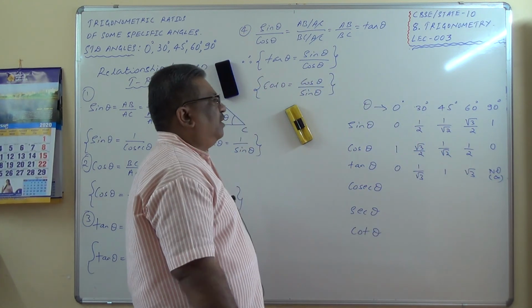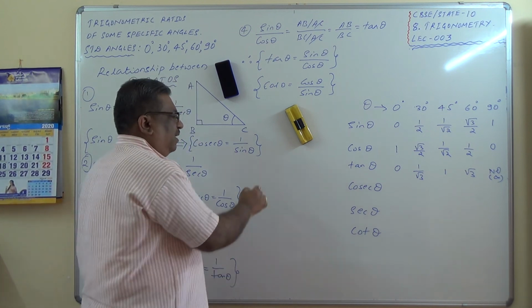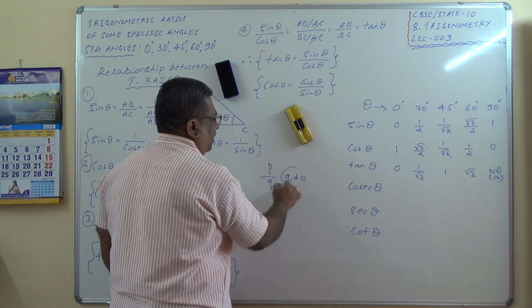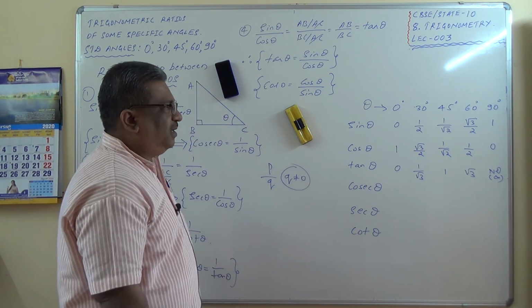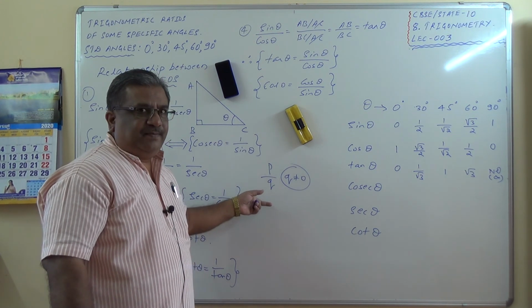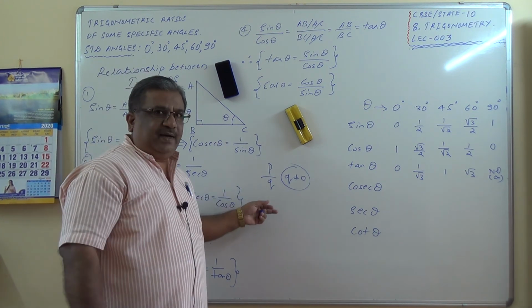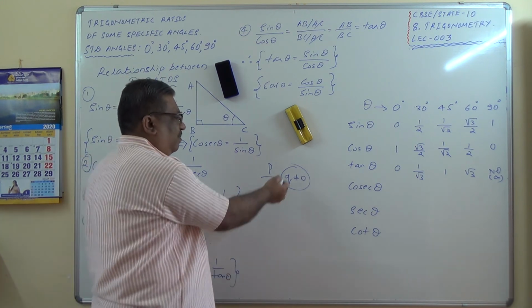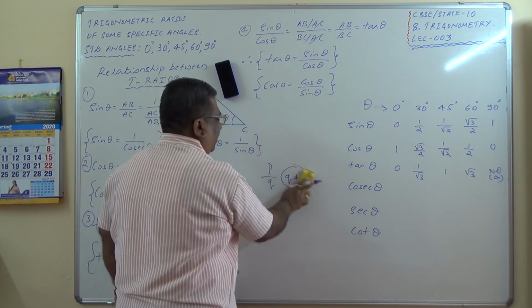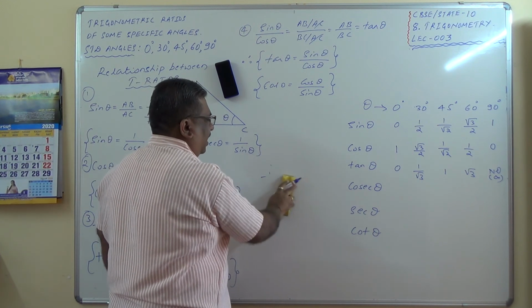How to remember: the denominator should not be 0. A rational number is represented by p by q, where q should not be equal to 0. The very purpose of q being not equal to 0 is to ensure that the given rational number is defined. Otherwise this will become not defined, or infinity. Hence we should remember denominator should never be 0. If the denominator is 0, then it is not defined, or it is also called infinity. I hope you understand that.